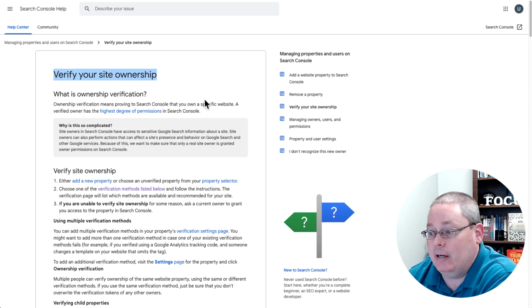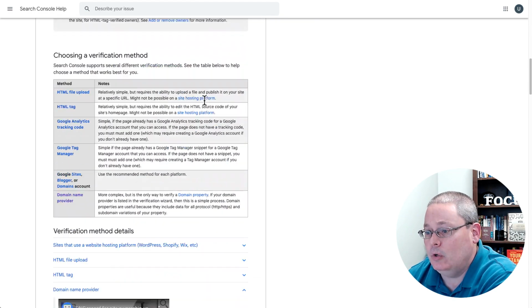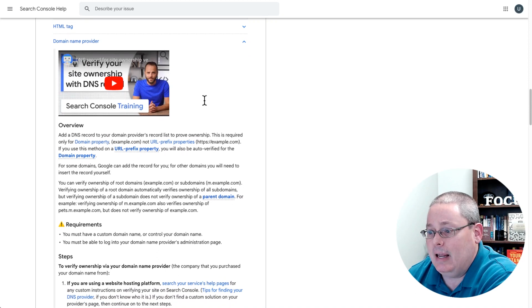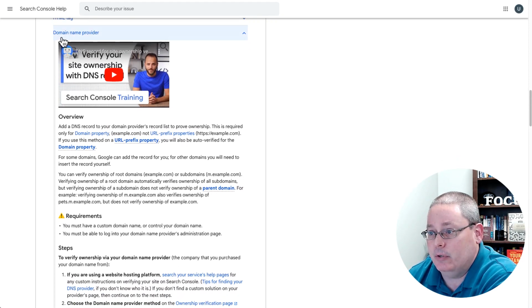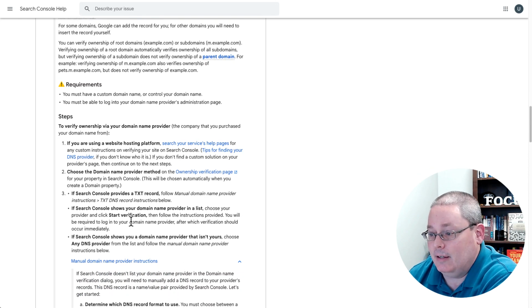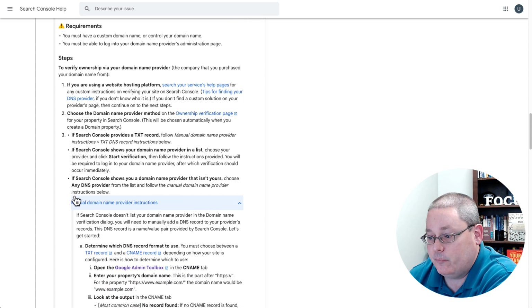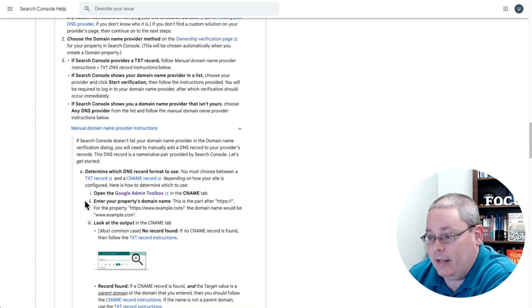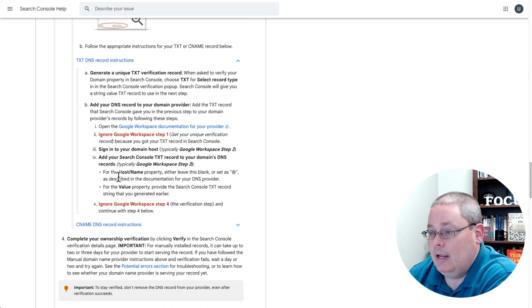Verify your site ownership. I scrolled down and read all this stuff. And then as I was reading about setting up your domain name provider, your DNS options, it clicked with me when I read this part right here. Scroll down and it says, and now I've lost it. Let me find it here. And here it is, text DNS records